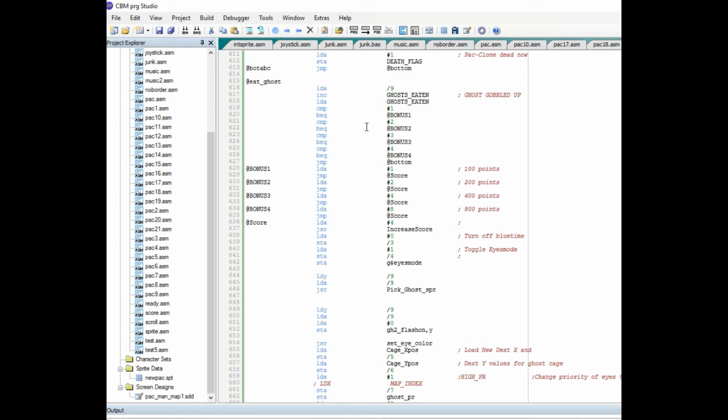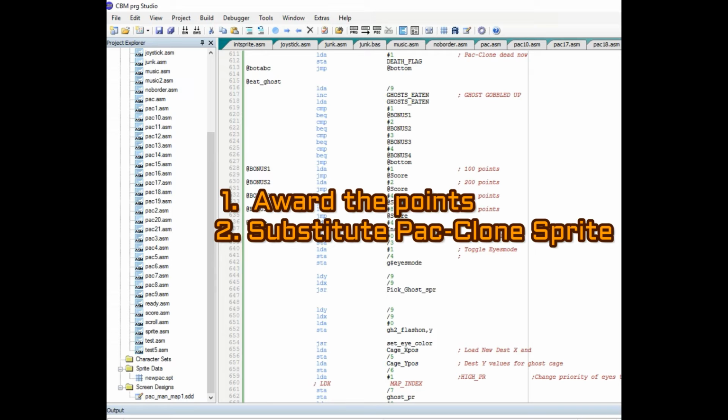I load the accumulator with a 1, and then I jump down to score, which is decimal position 4 in the X register, and then it does a jump subroutine to increase the score. So you get 100 points, 200 points, 400, 800. The concept is, what you want to do is award the points, then change the PatClone sprite into that amount sprite, the reward amount sprite, like 100, 200, 400.